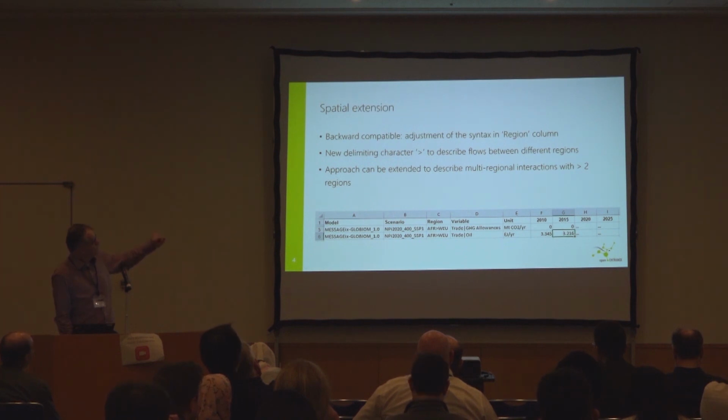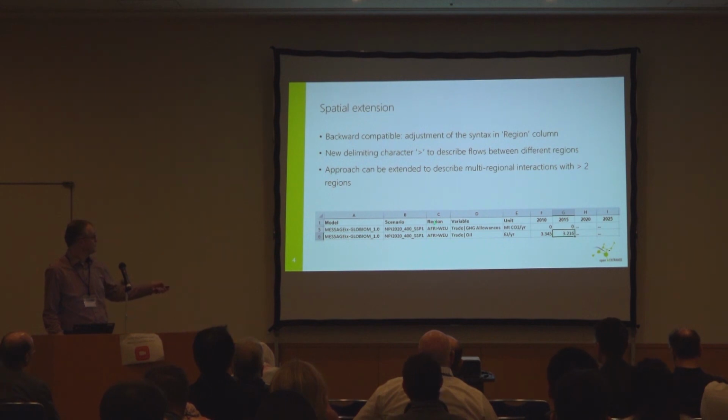For spatial extensions, we are adding the ability for trade reporting in the templates. And we do this by adding a new delimiter character, basically the larger than character, in the middle of two regions. And so you see that here in the middle. So if you do Africa to Western Europe trade,